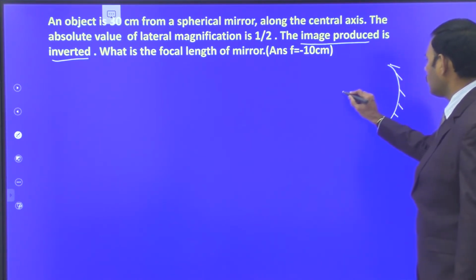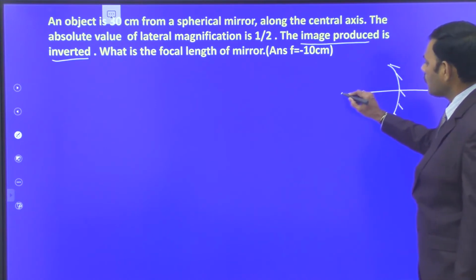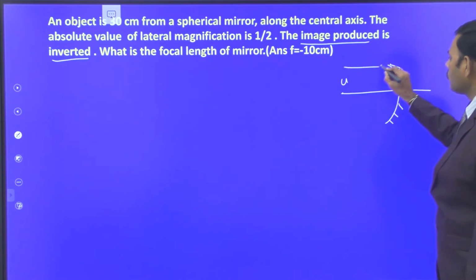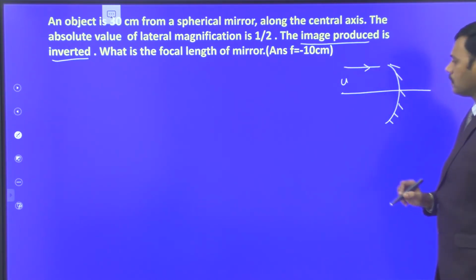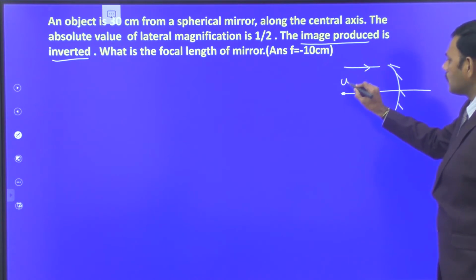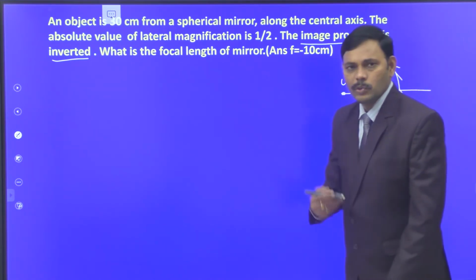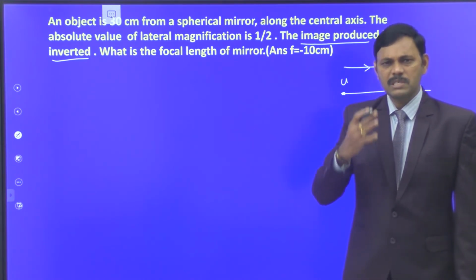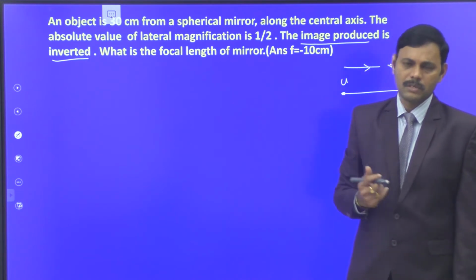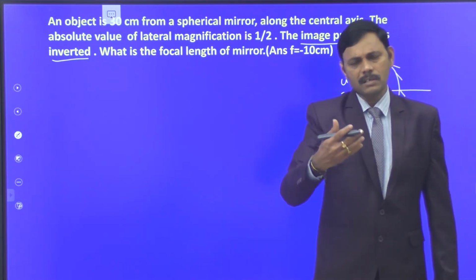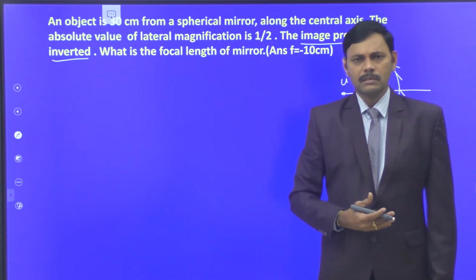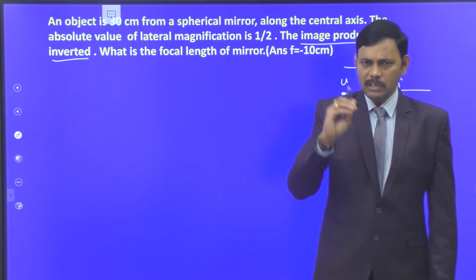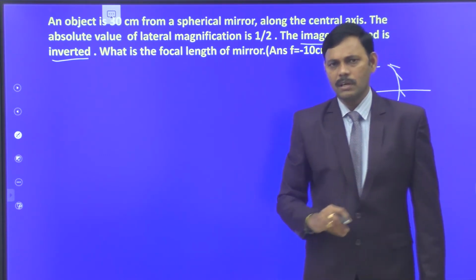Let this be a concave mirror. Let this be the principal axis. We kept the object at the left side of the concave mirror, in front of the concave mirror. Light ray from the object travels along this direction. So the object distance is opposite to the direction of travel of the light ray. Students, apart from the formula, sign convention is the most important point while solving problems. Already we discussed the sign convention concept during explanation. Here we are applying that sign convention correctly along with the formula to find the solution of the given problem.